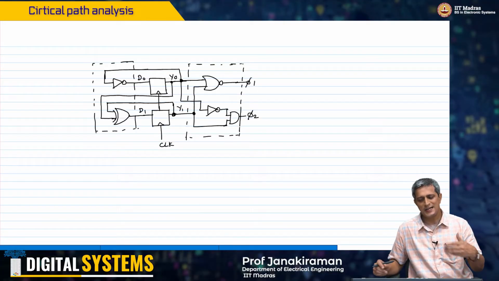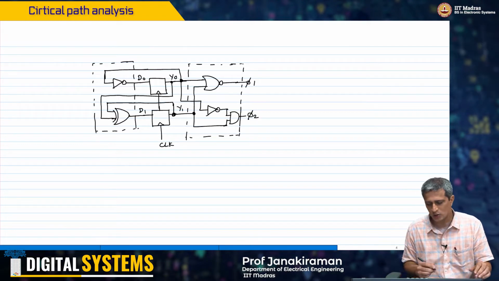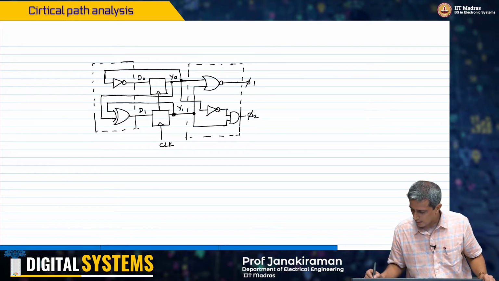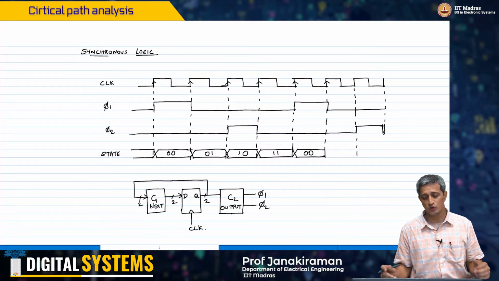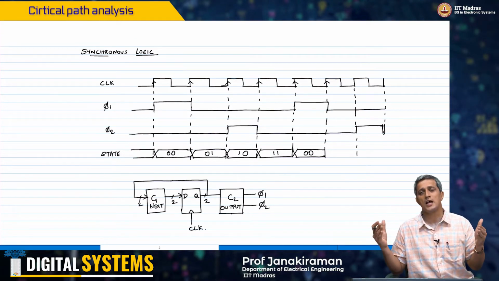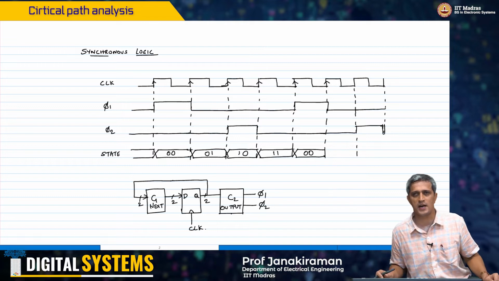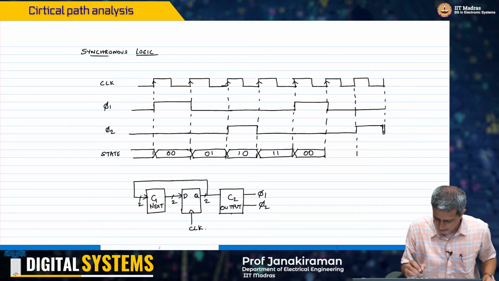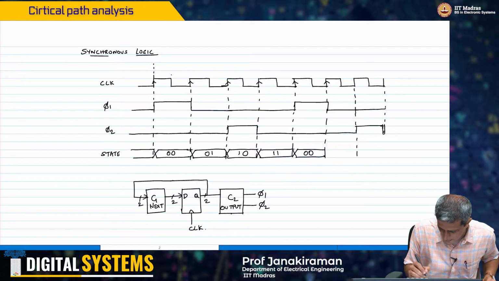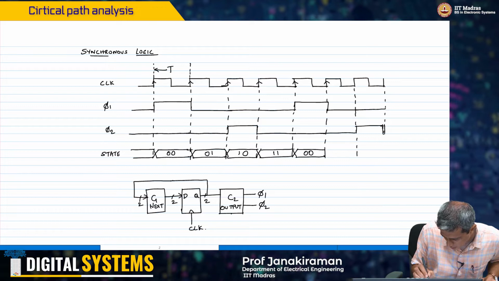So now let's see the practical implementation of this. Let us say that I want to generate phi 1 and phi 2 whose frequency is going to be 1 kilohertz. Let us look at this timing diagram here. This is my T clock,